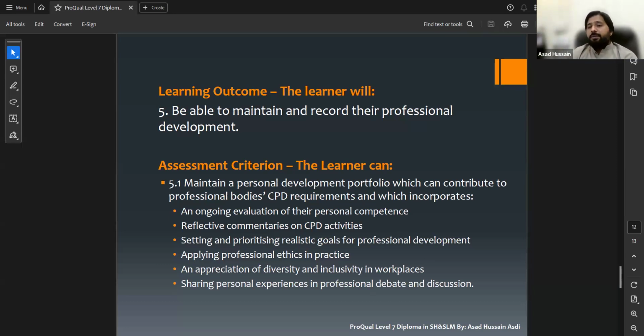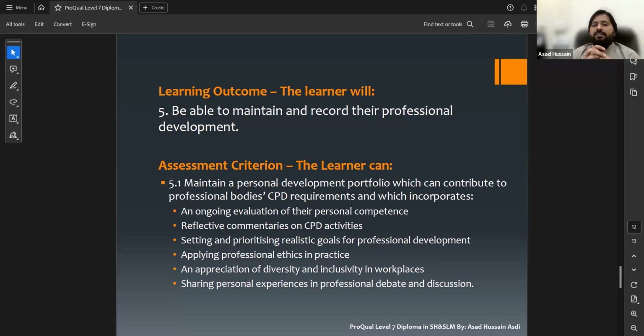So you have to provide reflective commentaries on that, just to give the assessor a better understanding of whether it's working for you, and it will be better to explain yourself, because it can give a clear picture of how much you understood from those CPD activities.